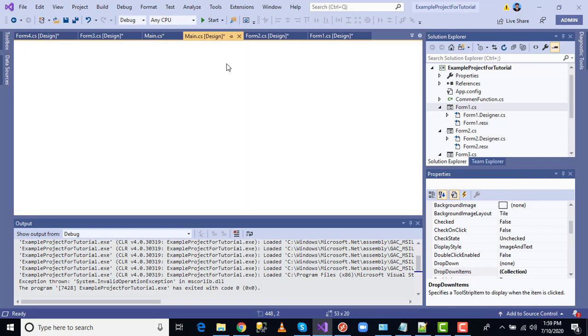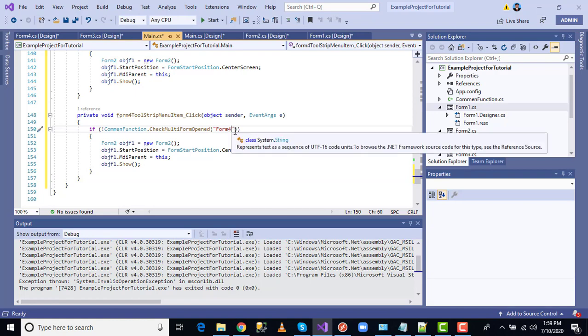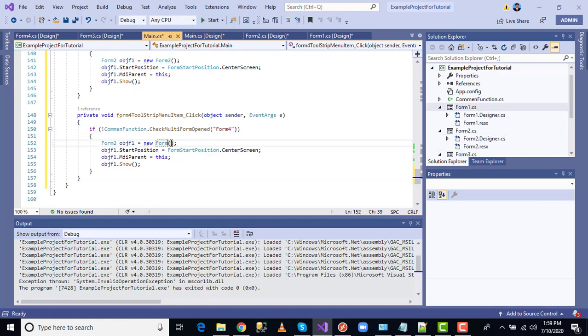Okay, and then I am again going to open the button click event for form 4. Here I pasted it, and then here 4. Okay, so this is form 4, and then here also I should keep it as form 4, here form 3, so I should keep it as form 3, and then form 3. Okay, now when the form